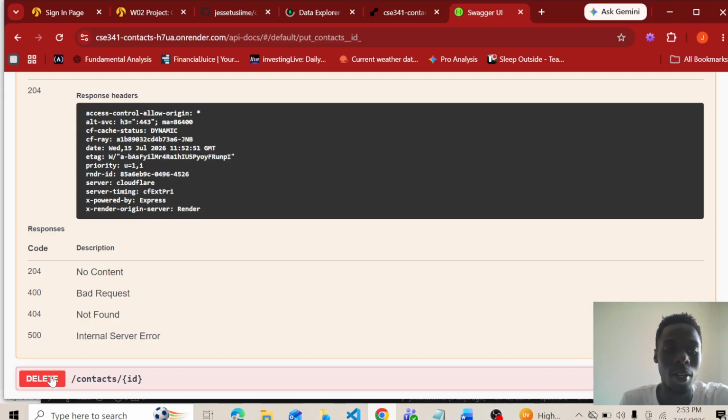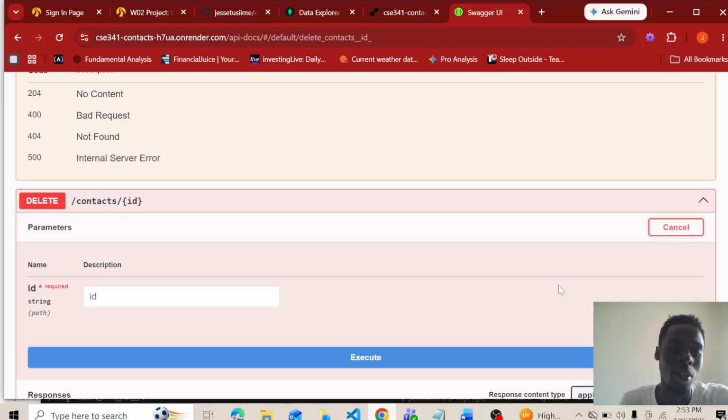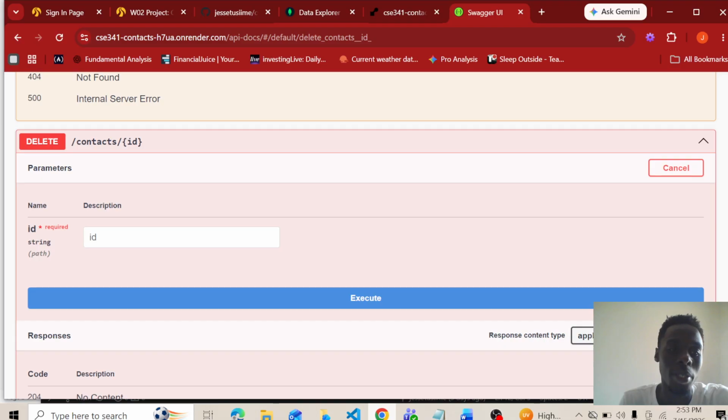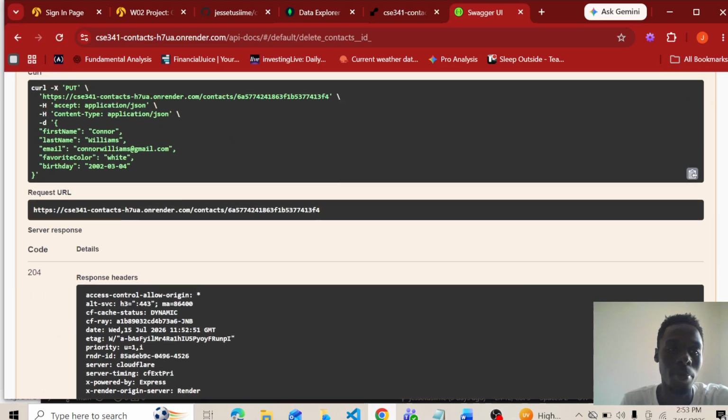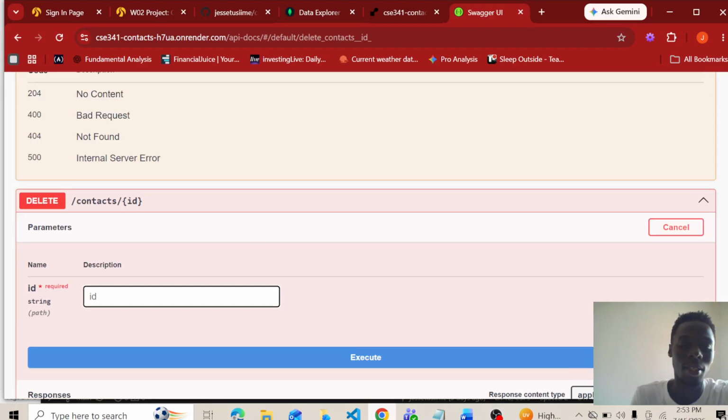So this will allow us to delete a single contact based on its object ID. If we click try it out as we wait, we shall have to paste in an ID here, and in this case still we shall use Connor Williams